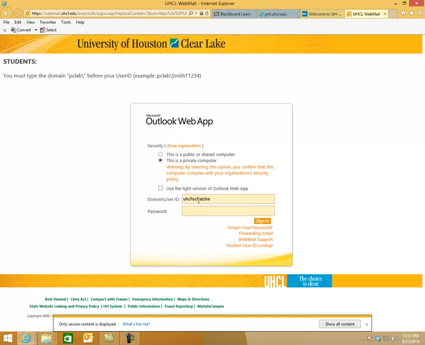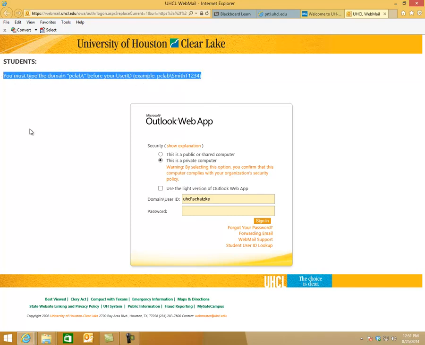With mine I have a different setting, but with this example right here, you're going to have to put PC Lab / and then your user ID, and then you would put your password down here. Okay? So make sure you look at that. If you forget your password or don't know your password, it's the same one that you use for Blackboard. Make sure that you use this email, please.